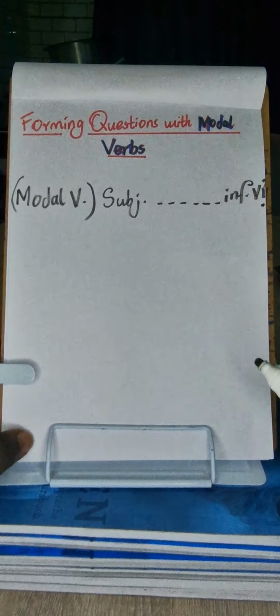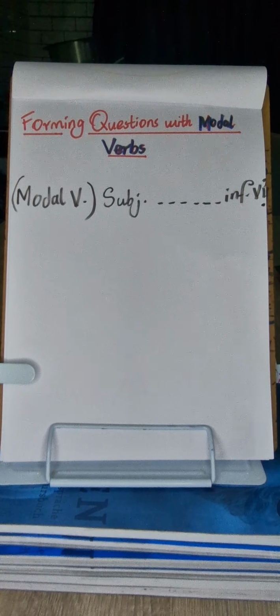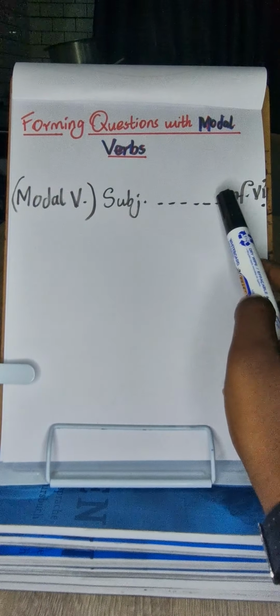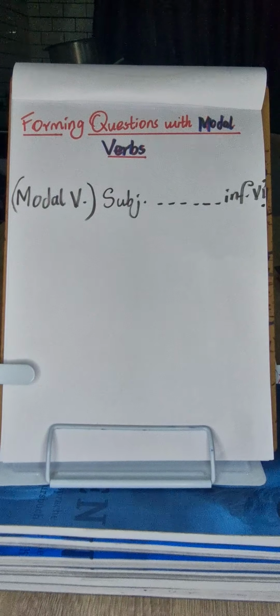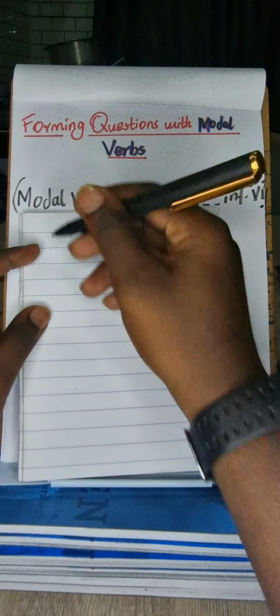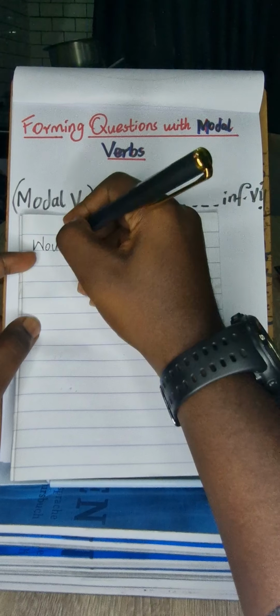So when I'm talking about an infinitive verb, I'm referring to the verb coming at the end, which should not be conjugated. You just leave it in its infinitive. All right. So please remember: modal verb, subject, and at the end you have an infinitive verb. So let's just give a couple of examples in English. You want to say, would you like to eat? Let's use this. Would you like to eat?